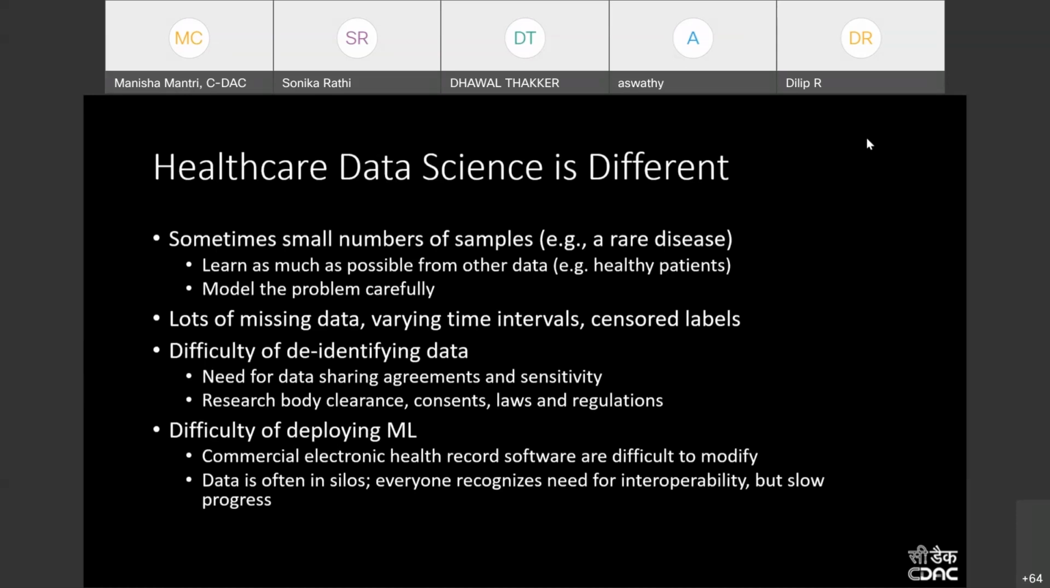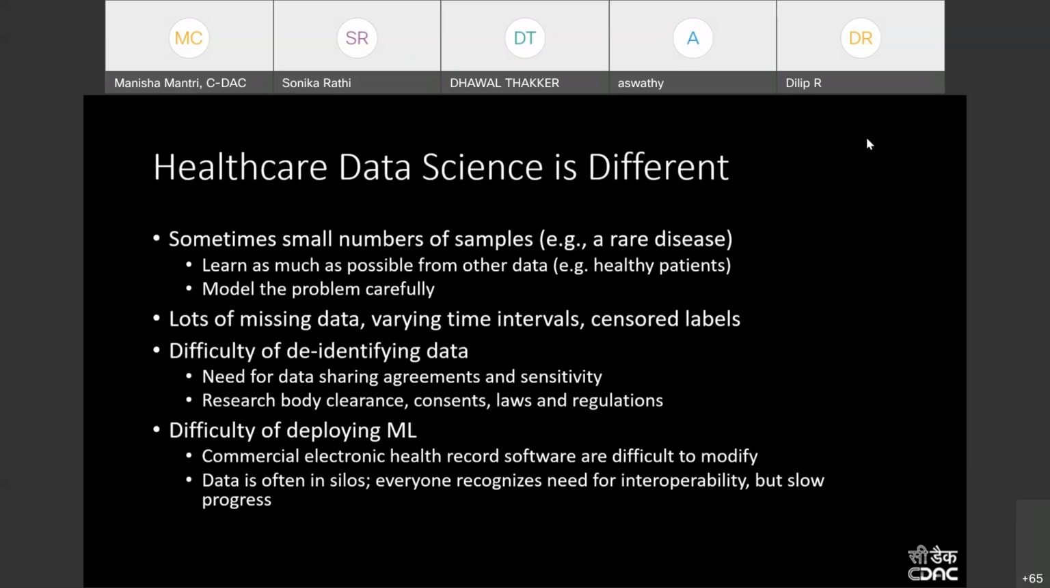There is a lot of missing data and varying time intervals. There are censored labels. There is a lot of information that patients may or may not want to share, the gender specific preferences, any specific disorder that they don't want to disclose. So you may have a lot of missing data also. And then there is a difficulty to de-identify such data, because you need a lot of data sharing